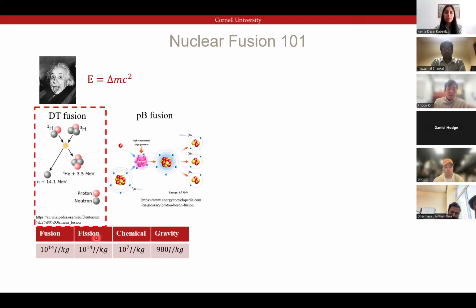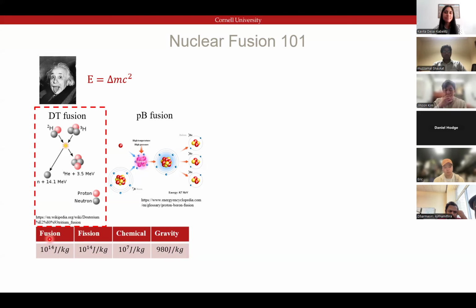So fusion and fission are very nice. If you think about the energy to mass conversion ratio, gravity, like the old-school waterfall generator, gives 1 kilojoule per kilogram. That seems like a lot of energy until you go to chemical, the weird cone-shaped building where you burn stuff. That's 10 megajoule per kilogram. And then fission suddenly is 10 to the 14th. This is very nice, so that's why they had a lot of fission plants, but then a lot of meltdowns have happened. So people are saying, okay, maybe we don't like uranium that much. Maybe let's move to fusion, which has